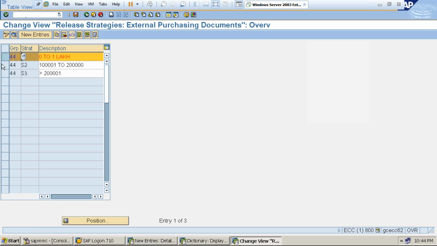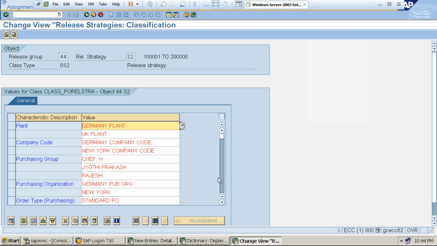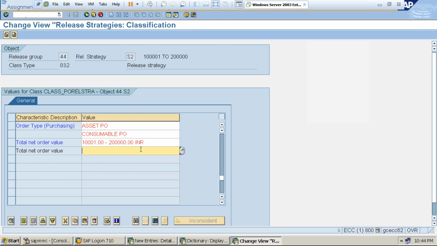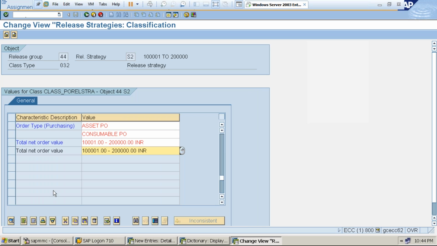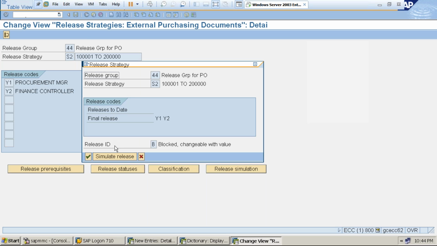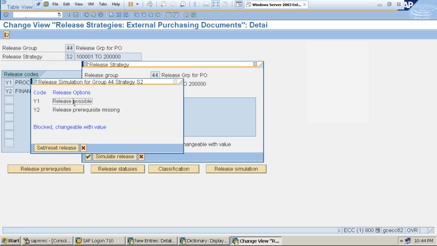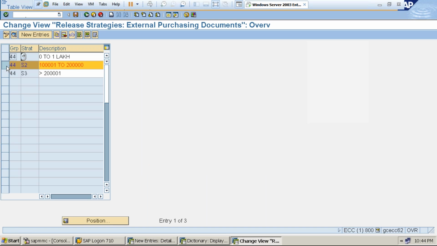Yeah, this is one and another. I maintain there also. One lakh up to 2 lakh. No one has done two things, but let us check whether it will allow or not. I really don't know. Let's see if it is allowing or not. Otherwise, we need to do it from scratch. Okay, so here